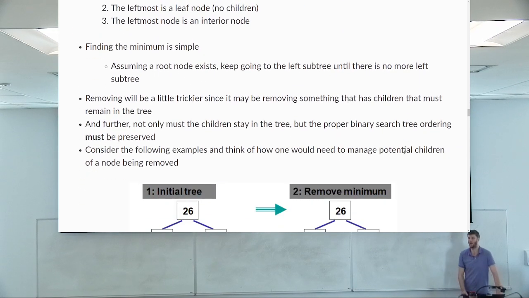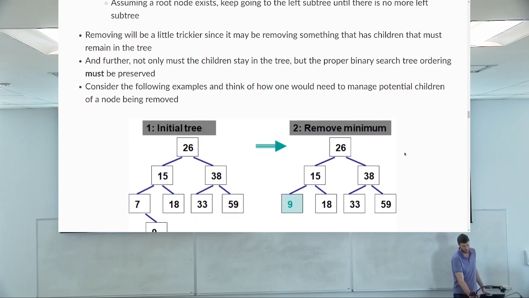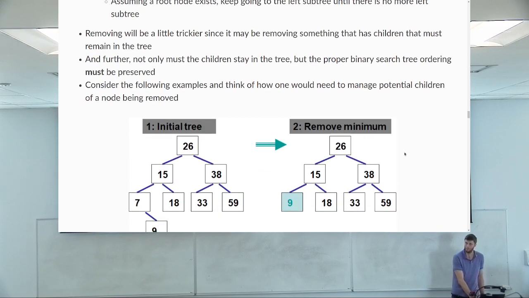So finding the minimum is simple. Just keep going to the left. Assuming a root node exists, keep going to the left subtree until there are no more left subtrees. And then you're at the minimum value. Remove is going to be trickier though, because